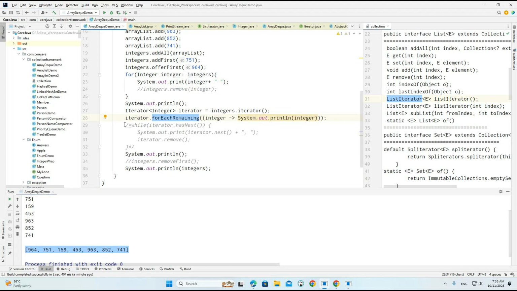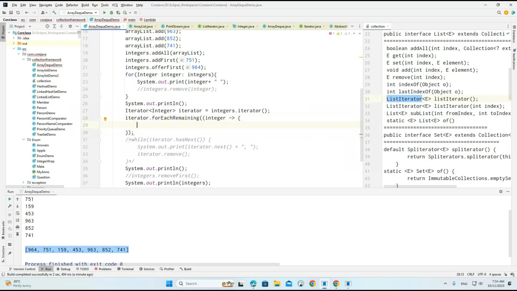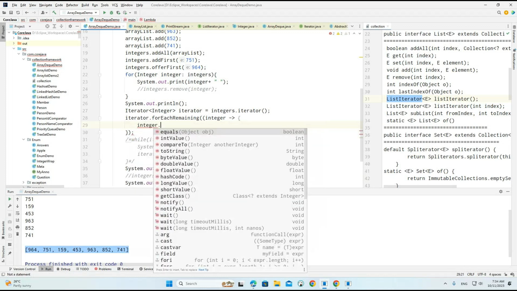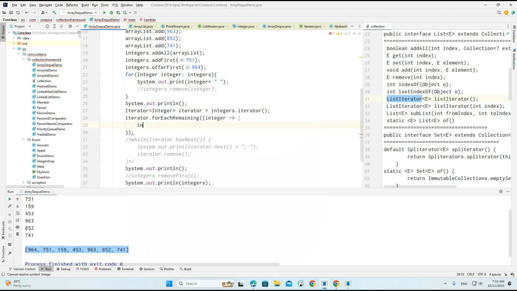So this is a simple example. Instead of writing these 3 lines of code here, we can simply call forEachRemaining, provide the parameter and print, or you can do other operations here. So what are the other operations we can do here? Let's say here I want to do the first one, integer dot. So these are the integer values I'm going to get here. With the help of this integer,